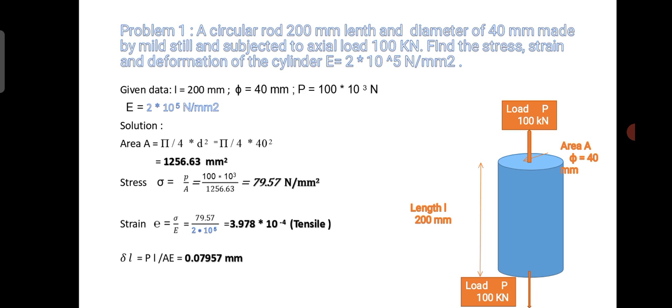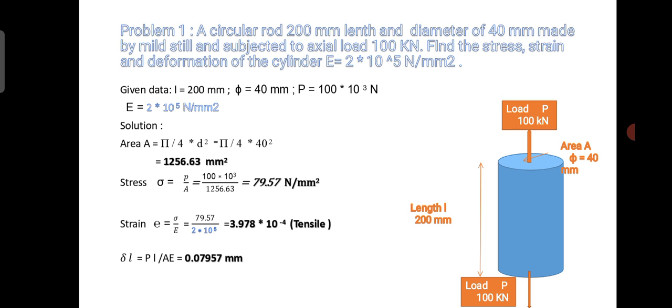Now here it is shown as tensile, as in the figure. In the figure we take the load as a tensile load, so we are pulling both ends of the rod towards outside. Now in the problem they are not mentioning whether the stress is compressive or tensile, so we are just assuming it is tensile. So as load is tensile, strain is also tensile, stress is also tensile.